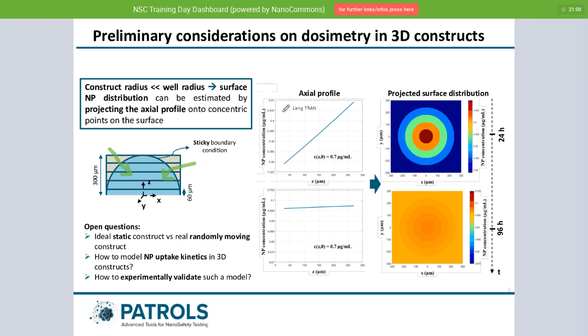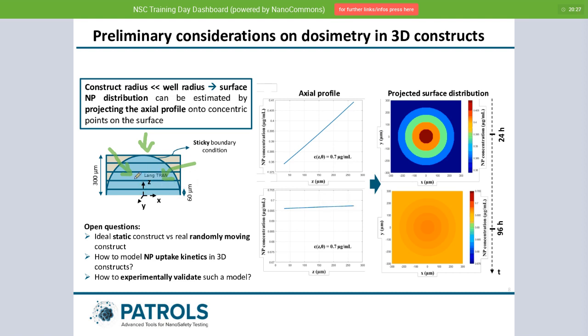This is something that our friends at Pisa have been working on, and you can see here they try to estimate it. If you drop something right on the top of the spheroid like this, then obviously this is the highest concentration. As you move out towards the edge of the spheroid, there are less and less particles. But through our discussion, we know that this is actually not very close to reality, because in